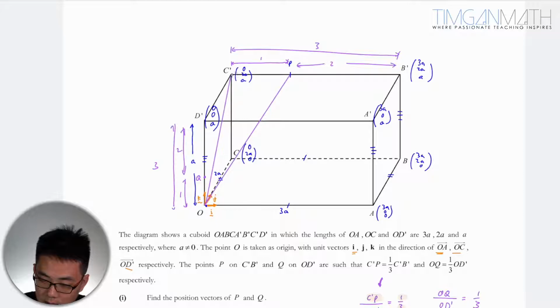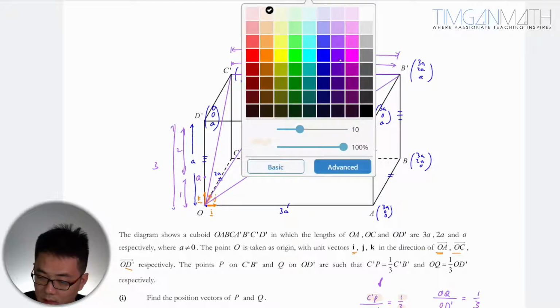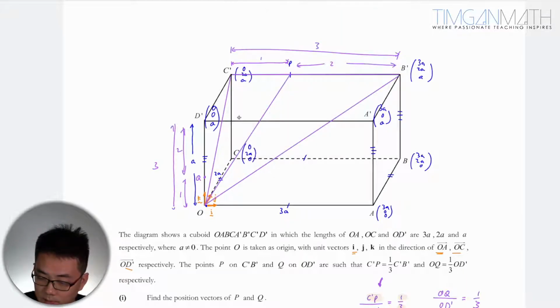Do you see that this is like a triangle? The idea here is essentially we're going to take the vector in the middle here. By ratio theorem, this is always the subject. So OP